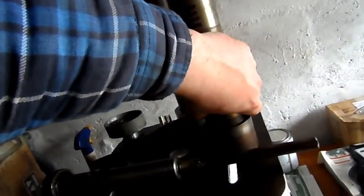So I've got it all dismantled now. I'm going to give everything a good clean and grease. I don't know what the purpose of that hole is. There's no threads in it, so maybe an oil hole or something, I don't know. But I've got it apart now,